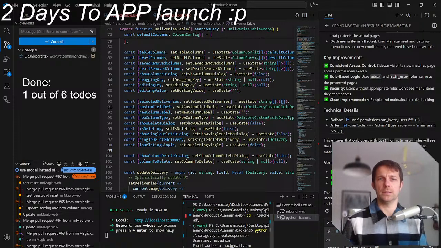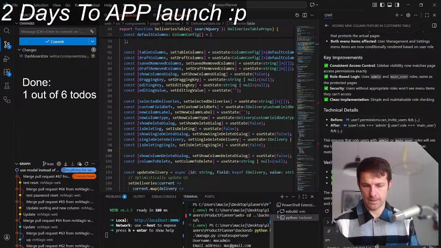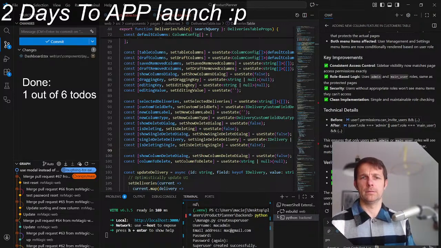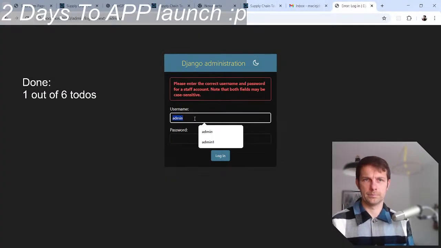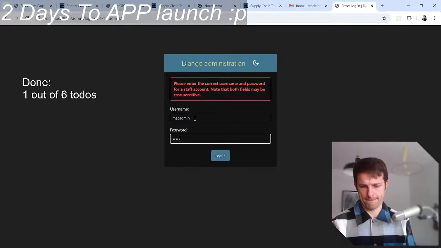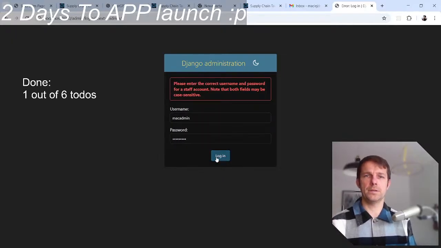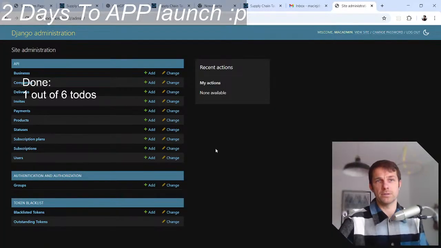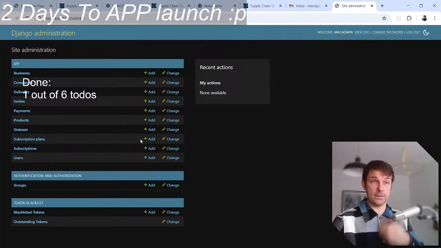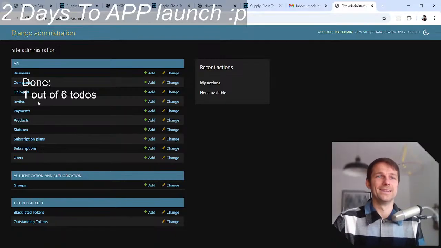Mac admin. I need to... Yeah, Mac admin for now. Mac admin, Mac admin. Remember this, please. Yay! So we have our super user, and let's see what my users actually are.